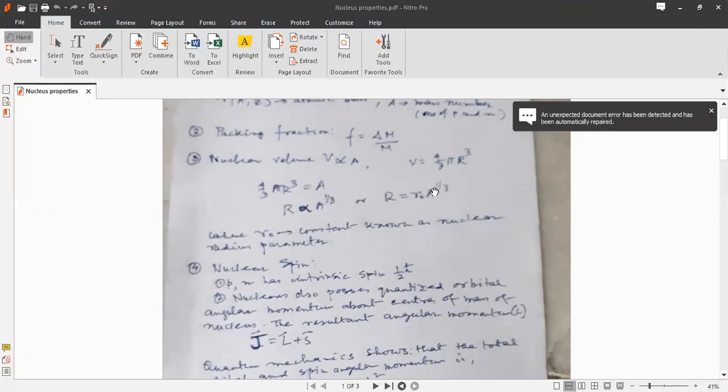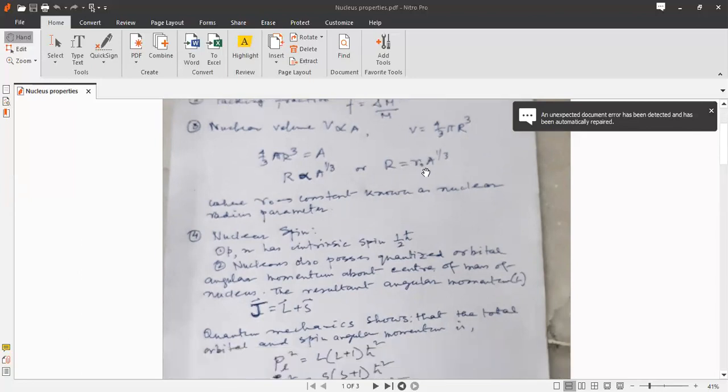the nucleus itself, where R0 is a parameter which we call the radius parameter. So the nuclear radius parameter is also a very important thing. If we have the idea of the mass number, we can have an idea of what will be the possible